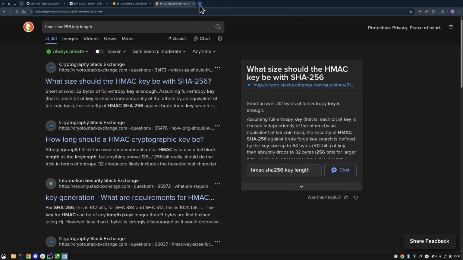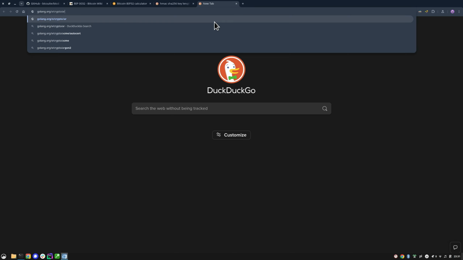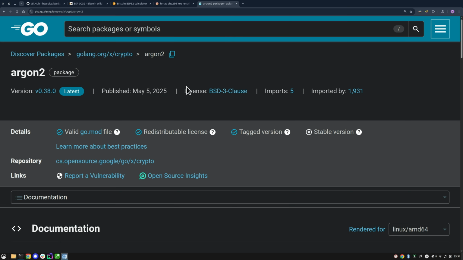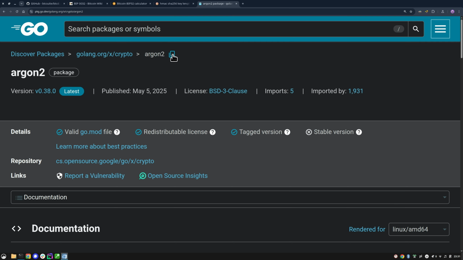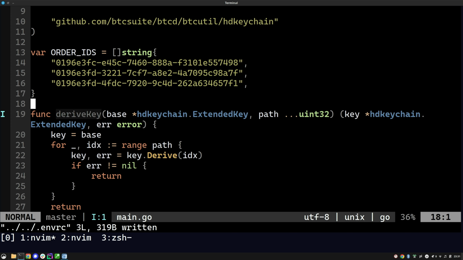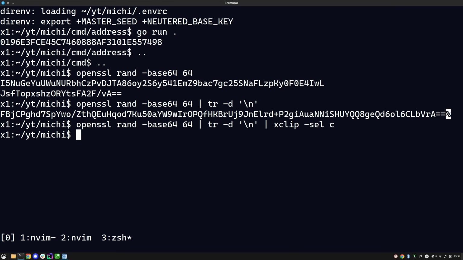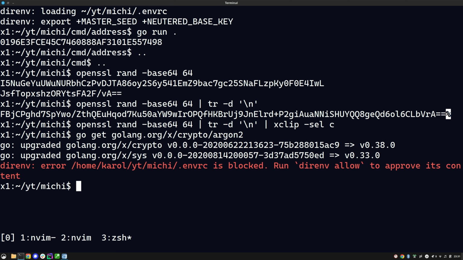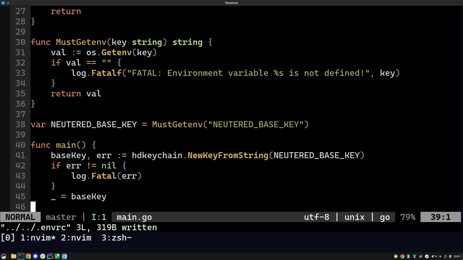Yeah, so this is basically just going to be a trick, but with golang.org/x/crypto argon2, we are going to derive a key from this secret key base, and okay, so I'm going to install this library, and I'm going to once again run direnv allow to allow this secret key base to be parsed,